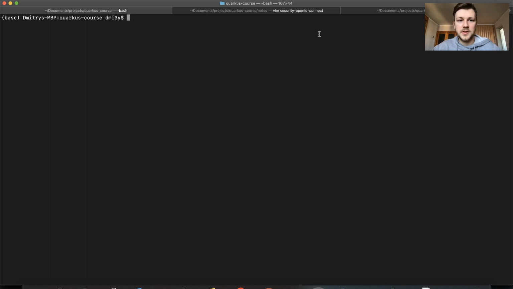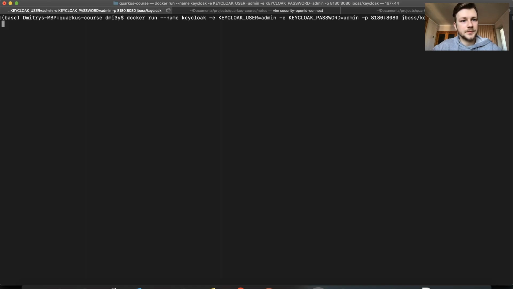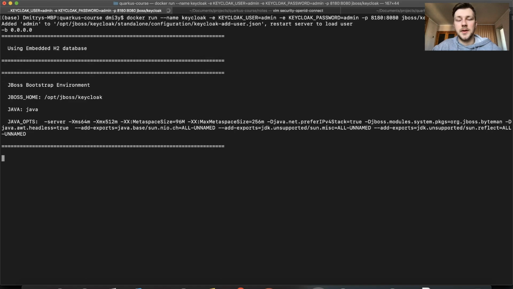And so let's first start Keycloak. Keycloak is a super all-in-one Swiss tool that you can use for authorization, and so we will run the Docker with the username and password admin, and we'll map the 8080 port to 8180 so that it will be different from the Quarkus. And yeah, let's start the Docker, and at the same time let's